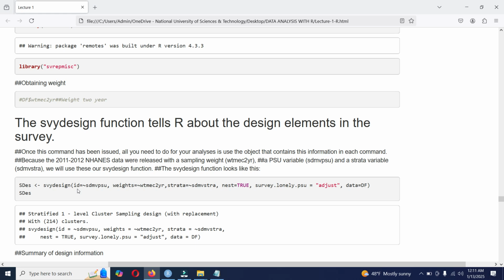For example, if we are selecting different counties within districts of the United States, then the county ID will be the primary sampling unit ID, and we are giving weights that are already calculated